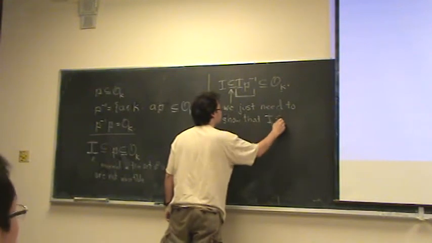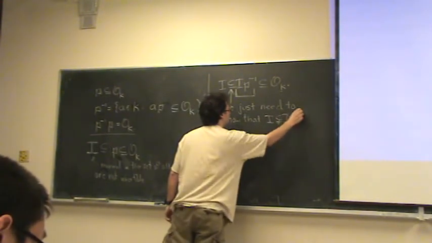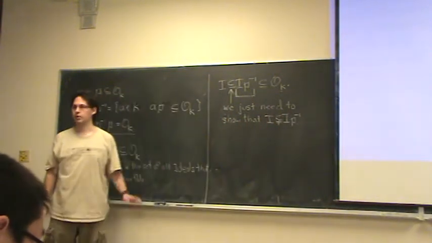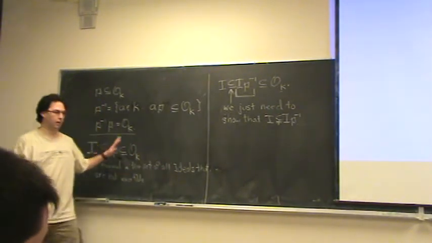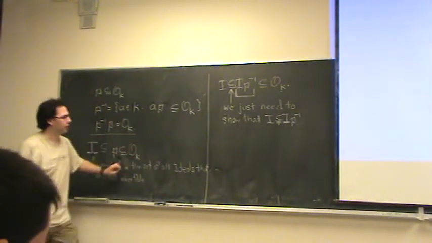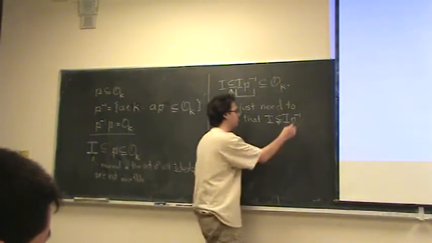I is properly contained in I P inverse. Okay? That's all we need to do. Because once we do that, we use that I was chosen maximally, then we know that I P inverse has an inverse, say J,